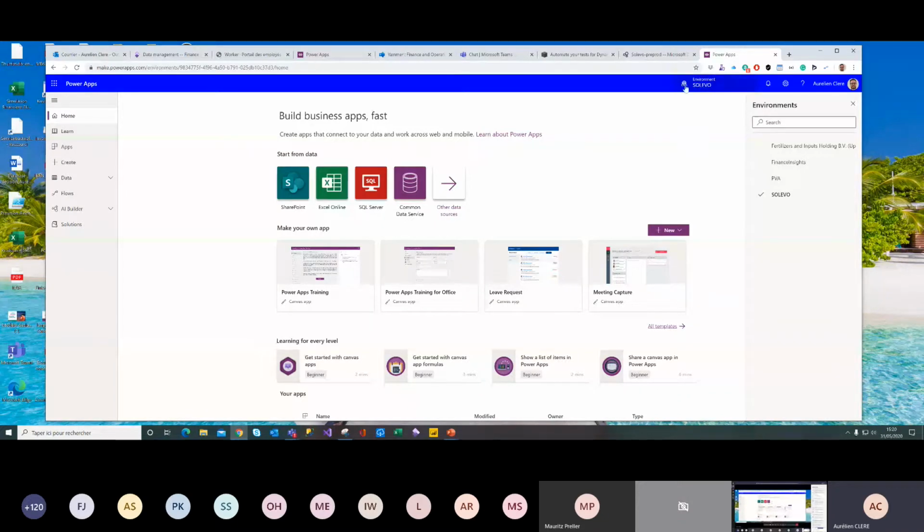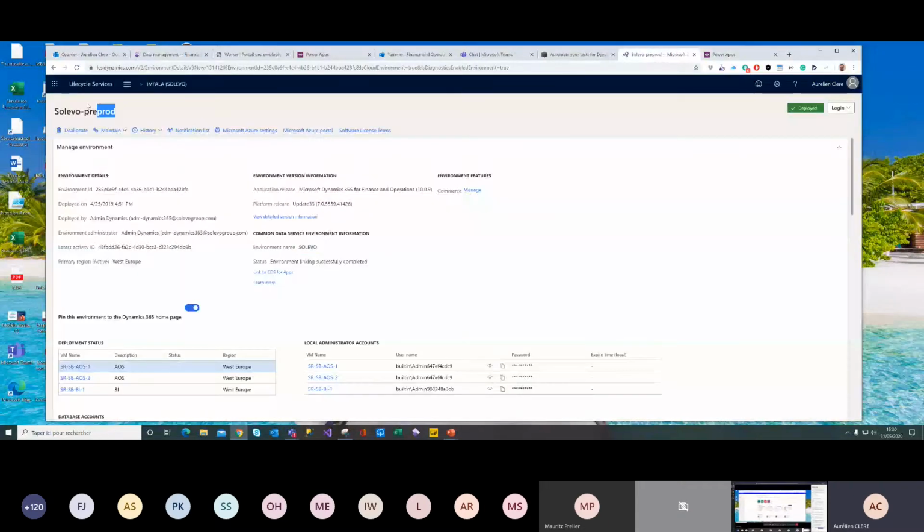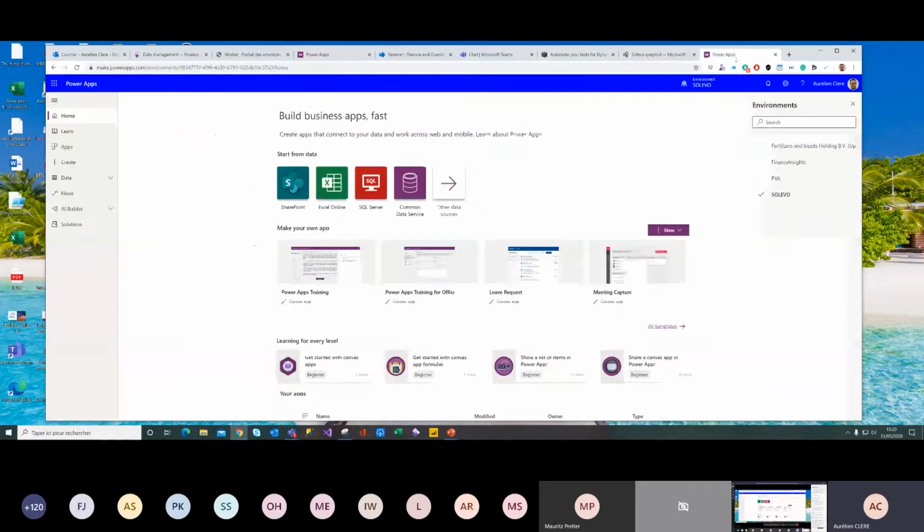And in CDS, sorry, you can have a lot of environments behind your tenant. So you can create a pre-prod and UAT. You can have a link between one instance of finance operation and one environment of CDS, of course.